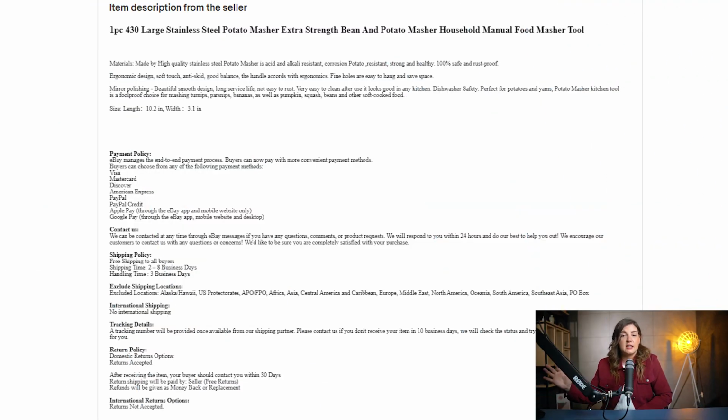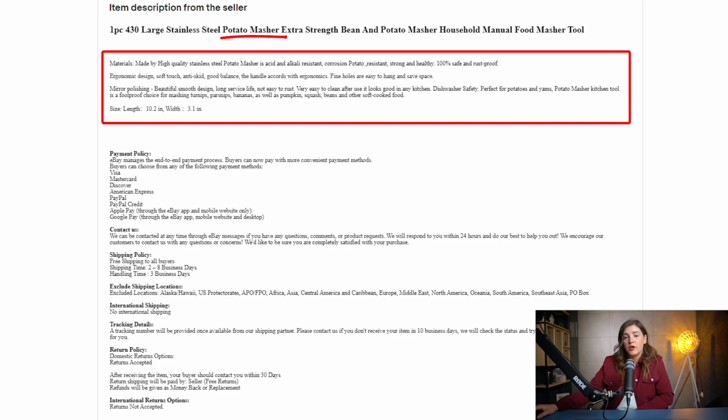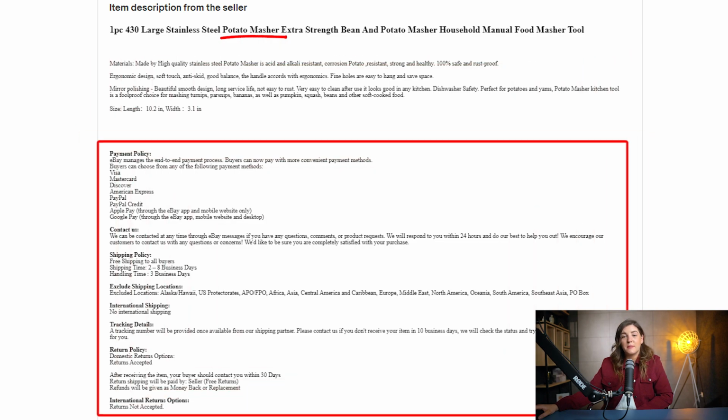Here, the product that is being sold is a potato masher. We first have a few sentences describing this product using the same or similar terms from the item specifics. This is a great thing to do when putting together the item description. We also see the payment policy information, contact information, and the shipping policy, tracking details, and the return policy. These are all very clear and straight to the point. You know what you're getting into when ordering this product from this seller, and you know what you will receive